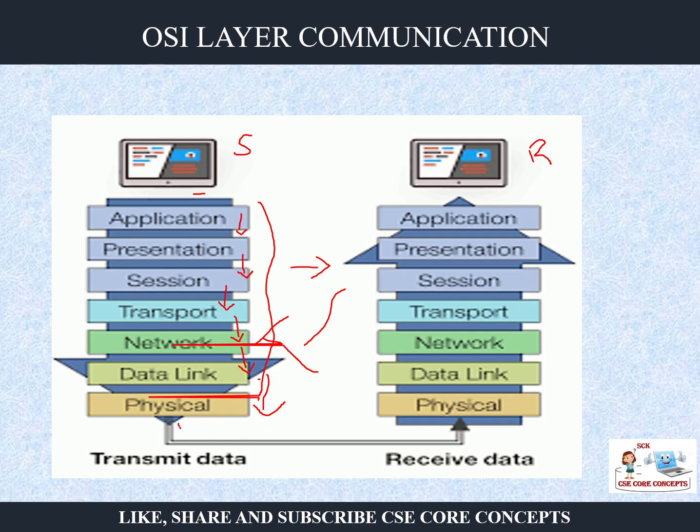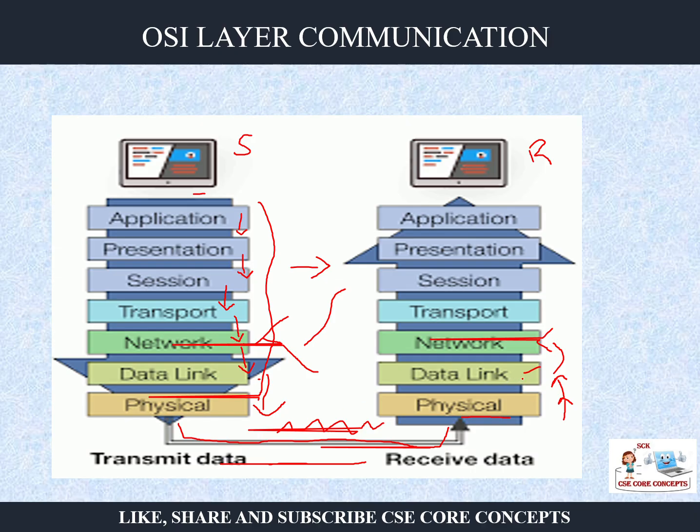So the physical layer, using a data cable or wireless technology, transmits the data as streams of zeros and ones. Now when the data reaches the receiver's physical layer, it is assembled to form small frames in the data link layer. So the errors are checked, whether there is some error in the data or not, right? Whether some bits have been removed or not. Signal encoding is done in the physical layer, the analog signal or digital signal, when the data is transmitted.